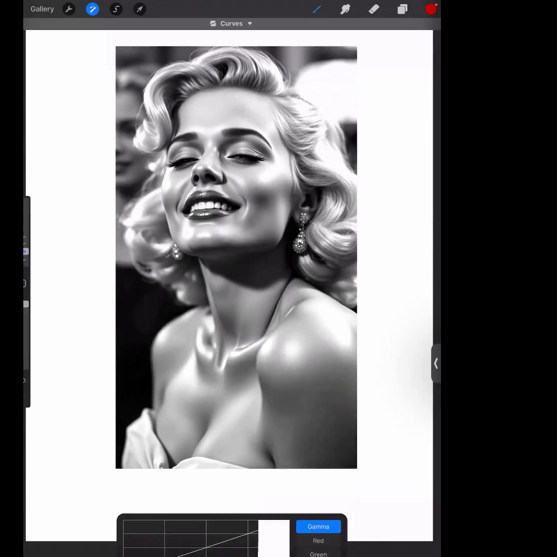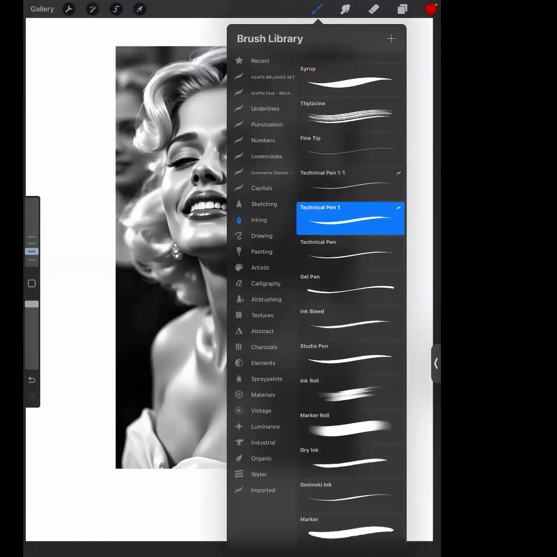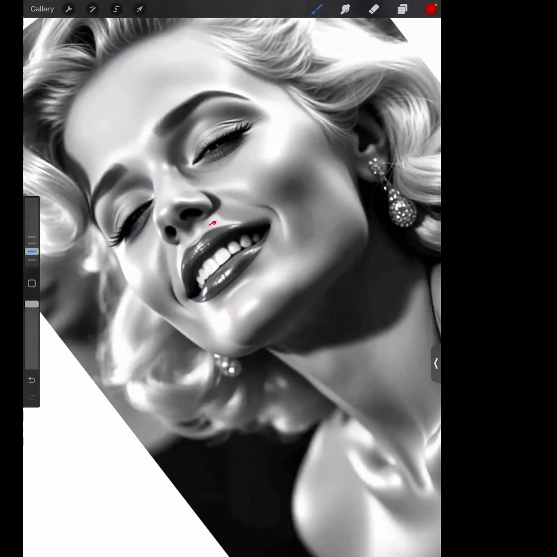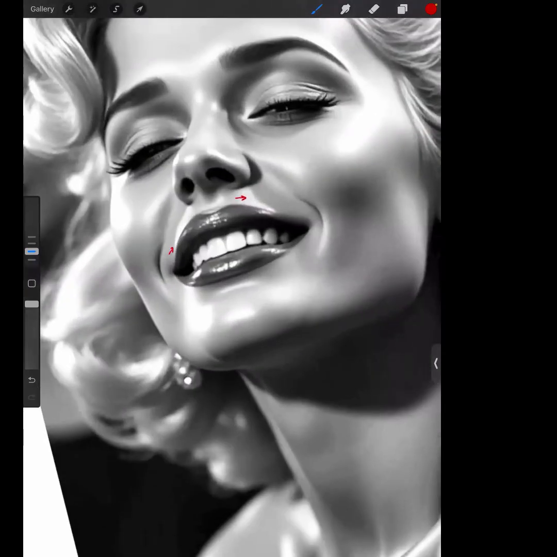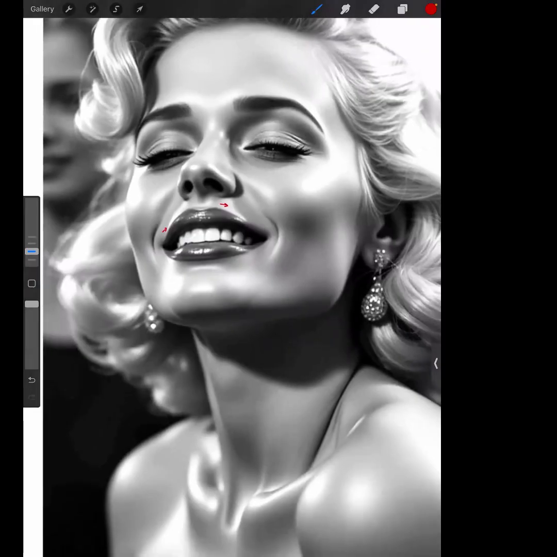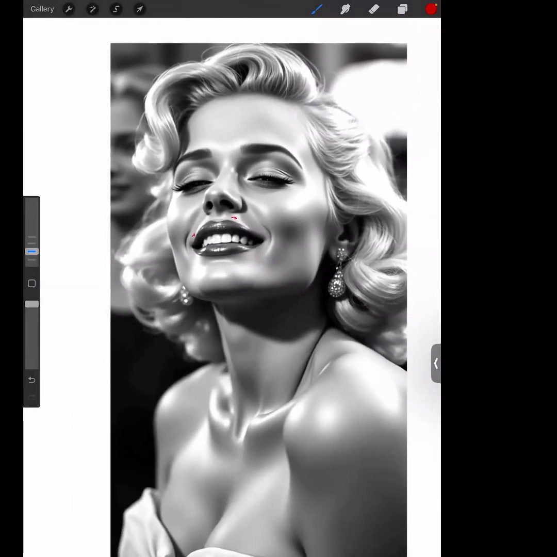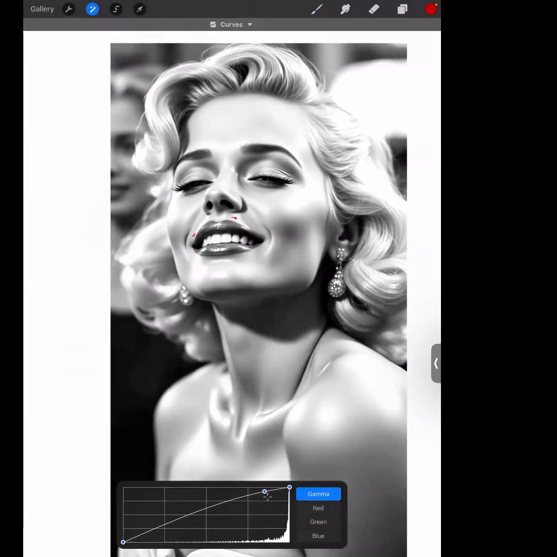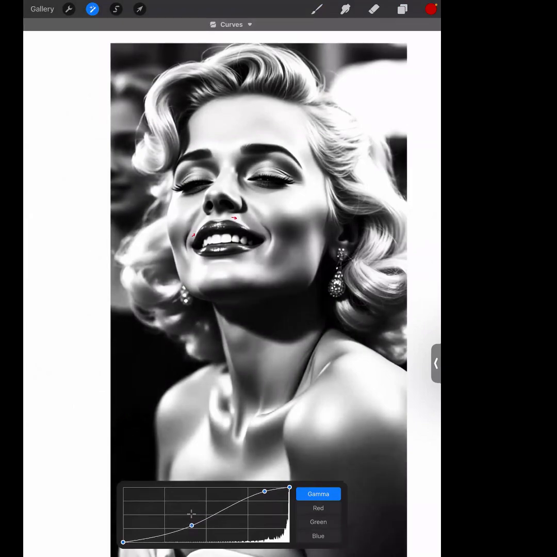And you can see specifically in areas like this, you can really see the difference of where it matters. So look here. Look at the line that separates this highlight from the midtone. You can even look at the teeth, right? Focus in that area. You see how defined that line is already? When you start messing with these, you're bringing that highlight up, and that line starts to disappear. Once you start working with the second quadrant and you bring it down, those lines really start to come out,